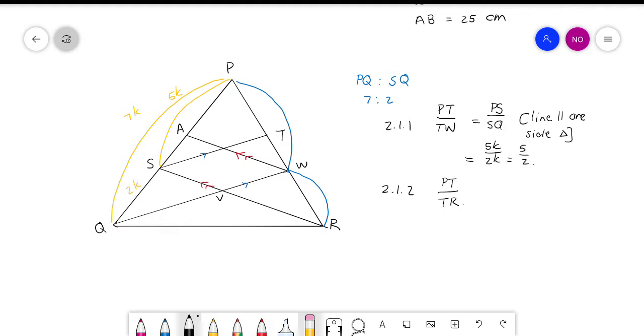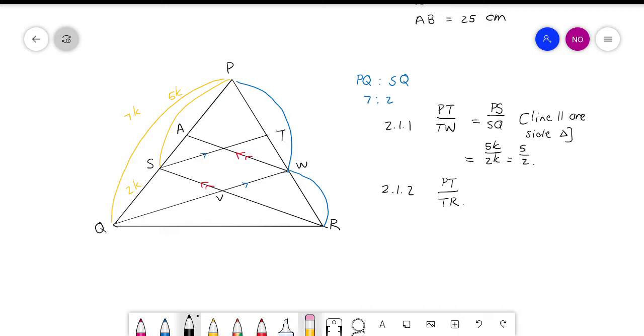Ma'am, isn't it going to be PS over SQ? It looks wrong. No. PA over AQ. PA. No, because PA goes with PW. We're not looking for PW. AS over. That's not in a triangle anymore. Any ideas? Jy gaan eers iets anders moet uitwerk. You'll have to use your relationship from the previous one and do a calculation in between as well.